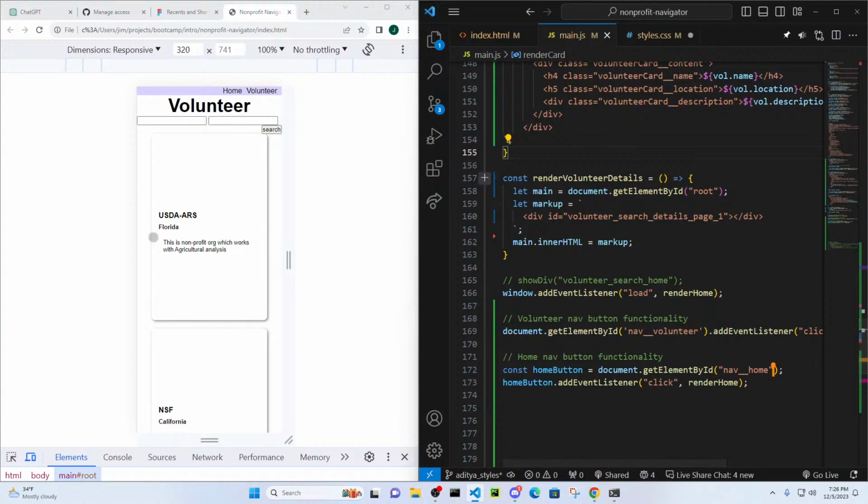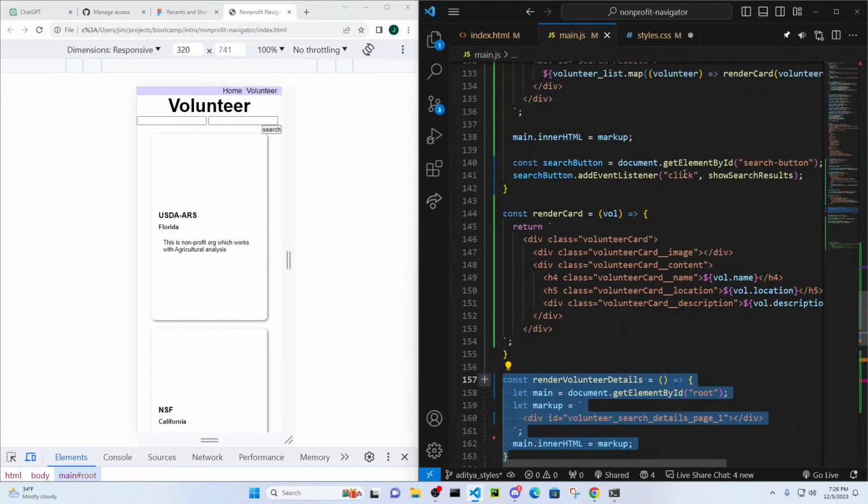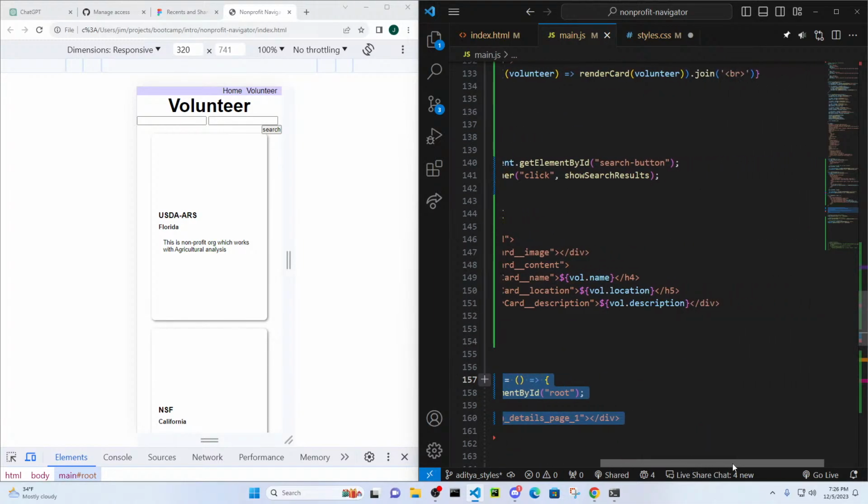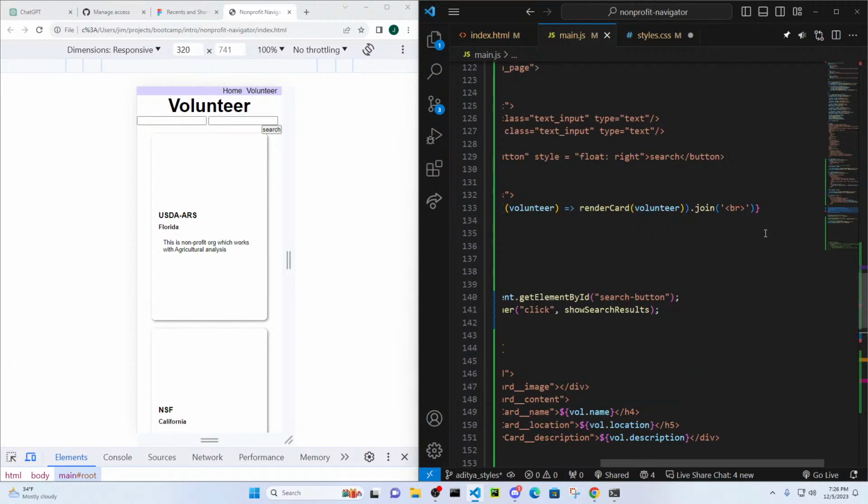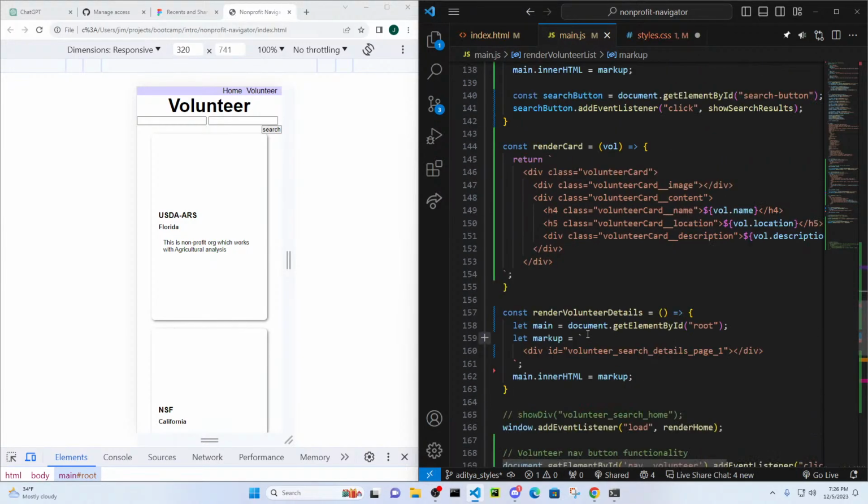So now we're on our volunteer page and we have 3 cards, but when you click on one of these cards, you want to render our volunteer details page. So how do we do that? Would we want to write an if else statement